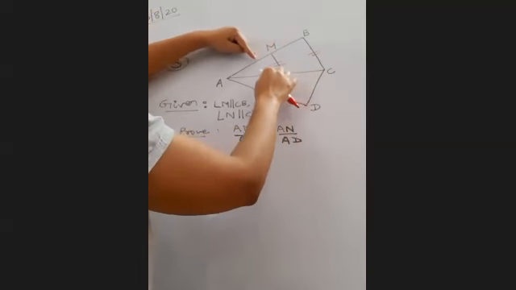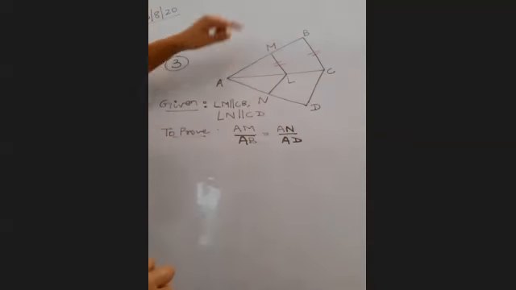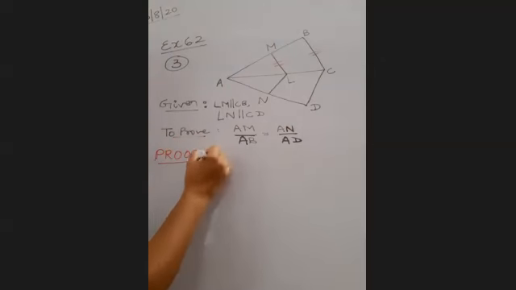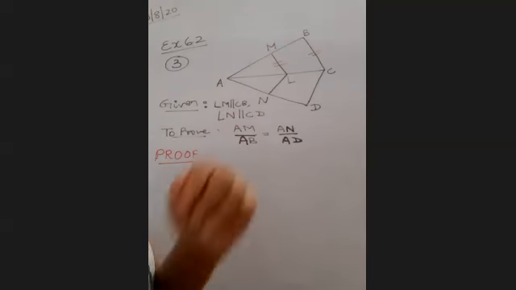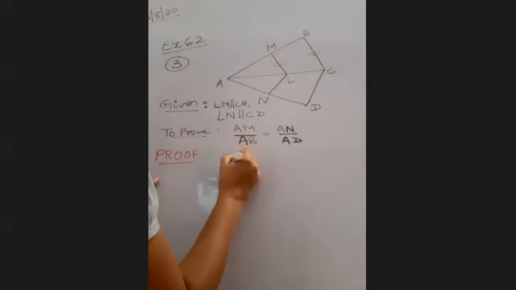Then proceed, you are reaching A. So figure out the triangle ABC. Whenever we are applying BPT or converse of BPT, it is important for us to mention the triangle. So in triangle ABC,